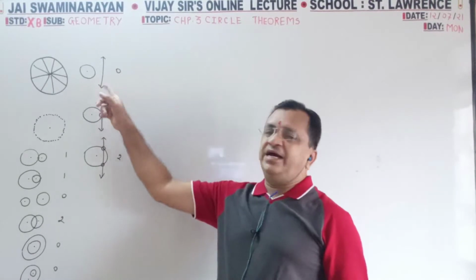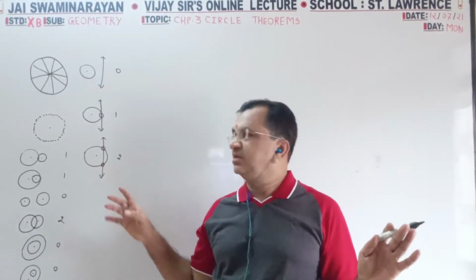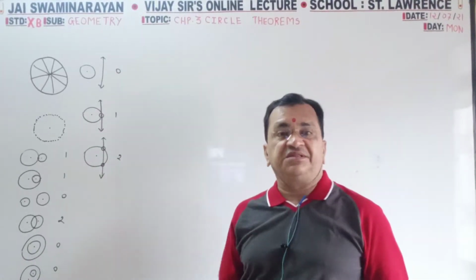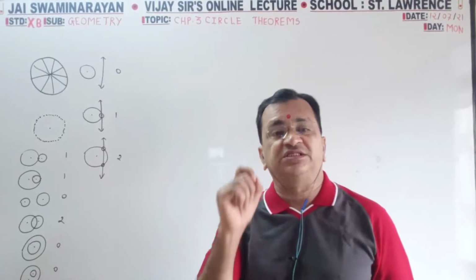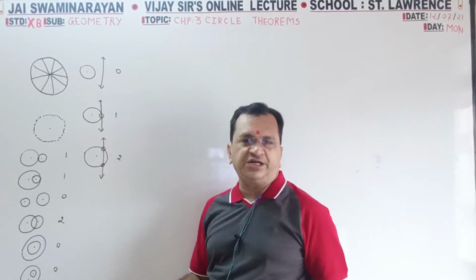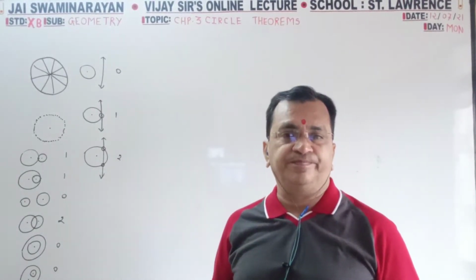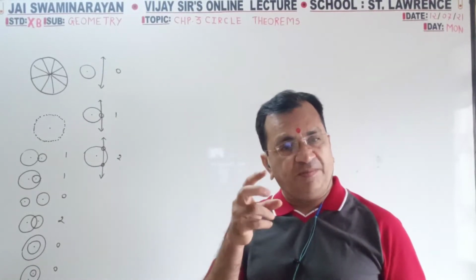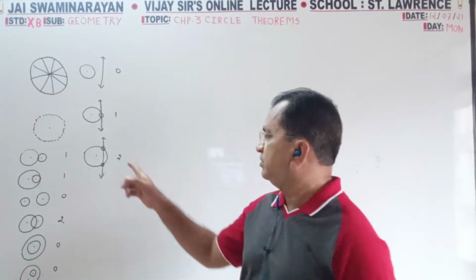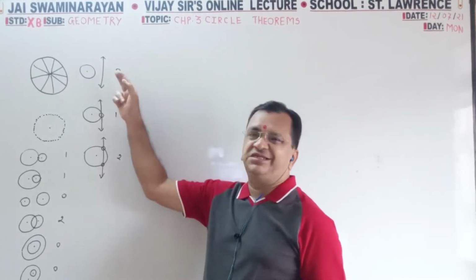When circle and line have nothing common, that is disjoint, totally separate. When one line and one circle have only a single common point, that is a touching line, or you can say a tangent. A cutting line intersects the circle at 2 points. So 2 points are common. Common means which are on the circle also, and on the line also. So this is known as a secant, this is known as a tangent, this is disjoint.